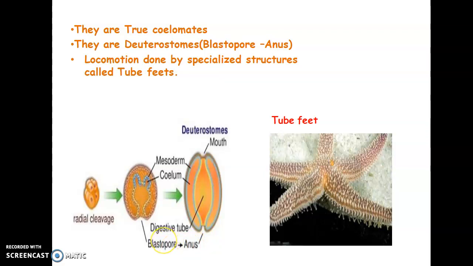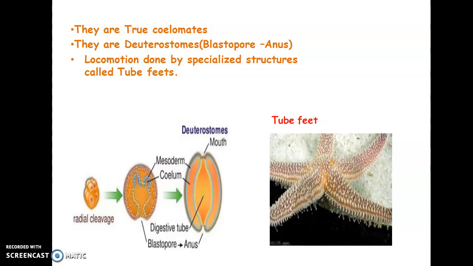So the protostome is a character which is usually seen in lower chordates or lower organisms, while deuterostomy is the condition which is usually seen in higher chordates or highly advanced types of organisms. So here in this phylum Echinodermata, you can see that this particular phylum exhibits deuterostomy. Okay, the next feature, locomotion.